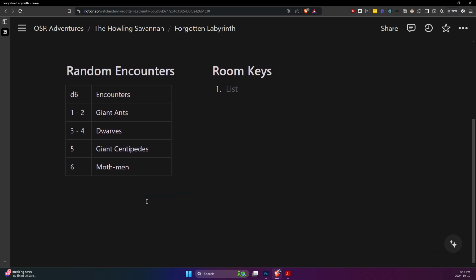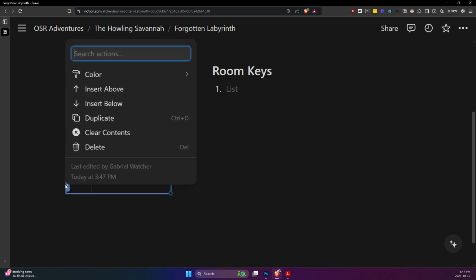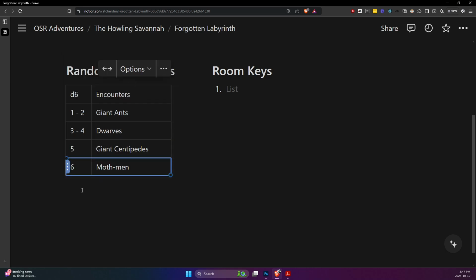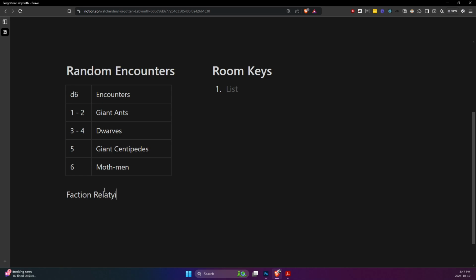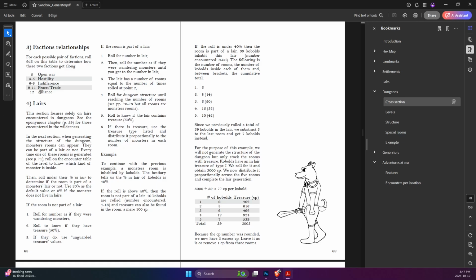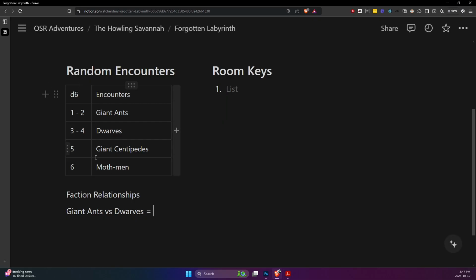And I'm just gonna make a list. Okay. Faction relationships. And this will be giant ants versus dwarves equals, and then I think it's 2d6? Yeah, that sounds right. 7. Okay, so they are indifferent to one another,